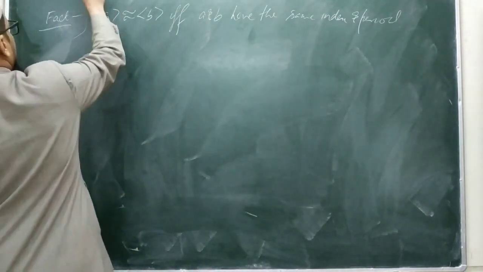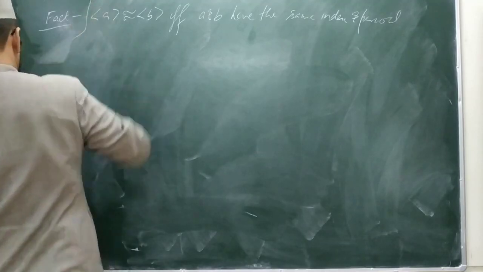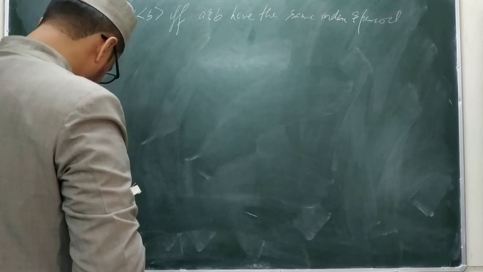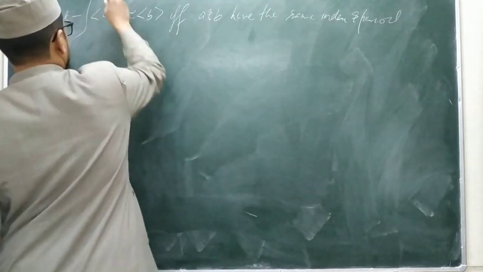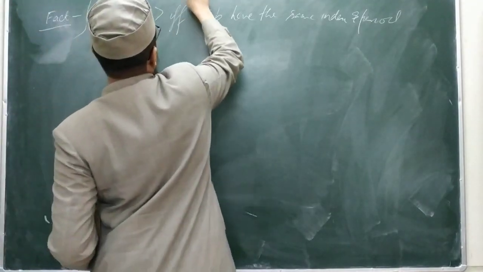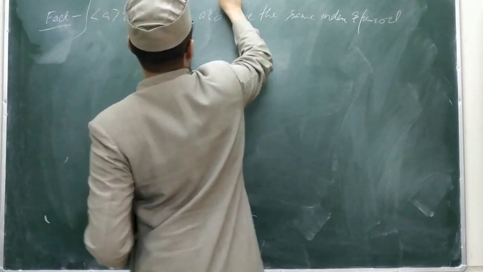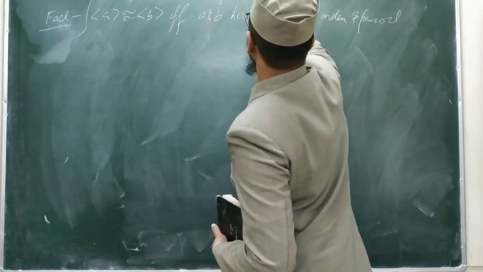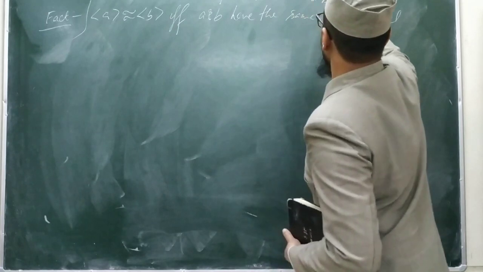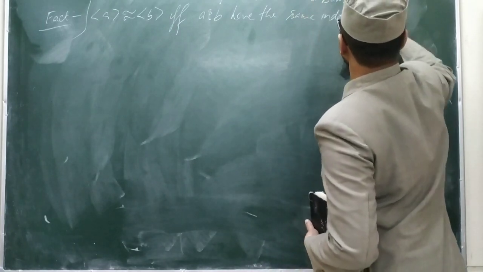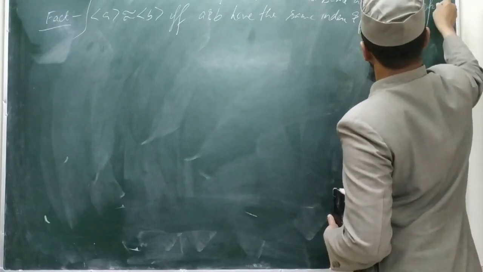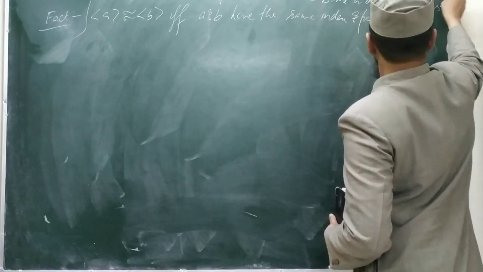Therefore, let A and B be elements of finite order in the same or different semigroups. Then